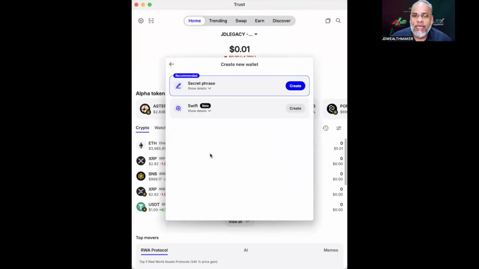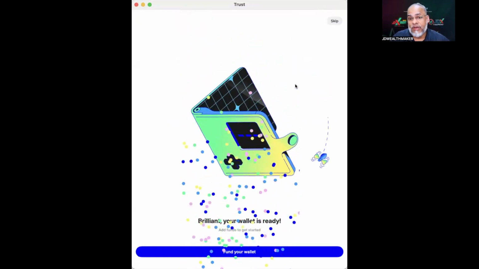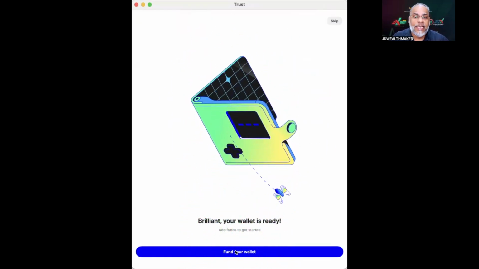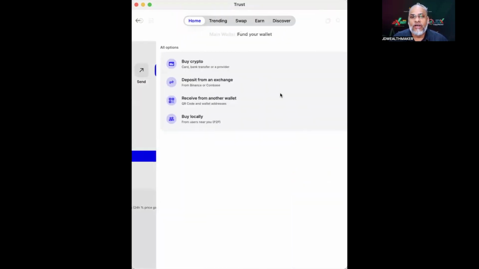Once you click that, you will immediately see Create a secret phrase. Go and click Create secret phrase. I'm showing you step by step. Now it says fund your wallet. You can tap this and go here, but before you do anything,